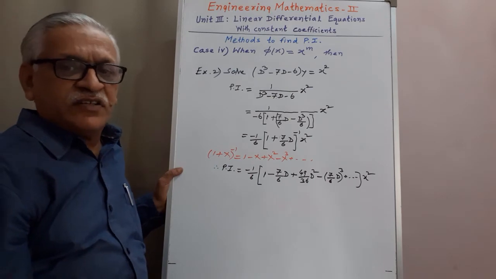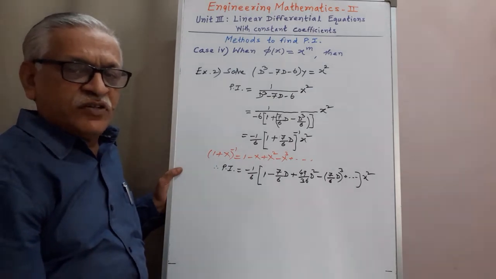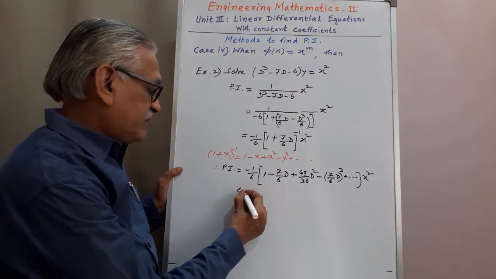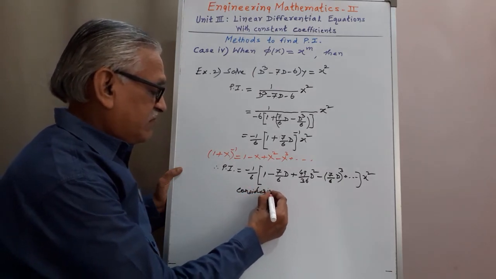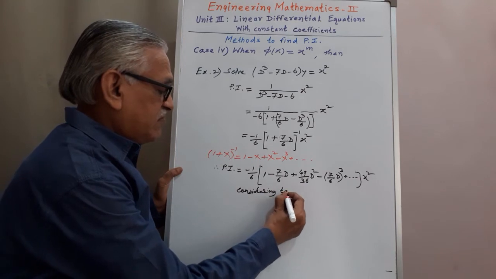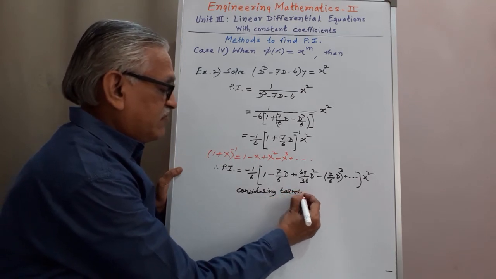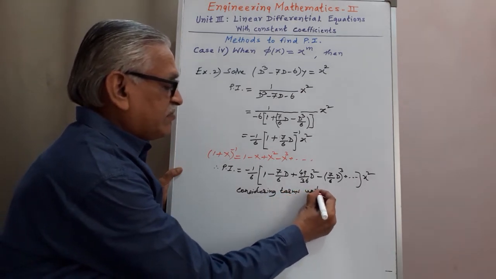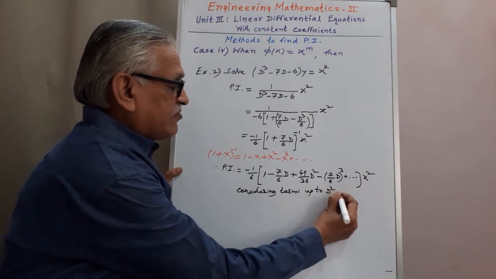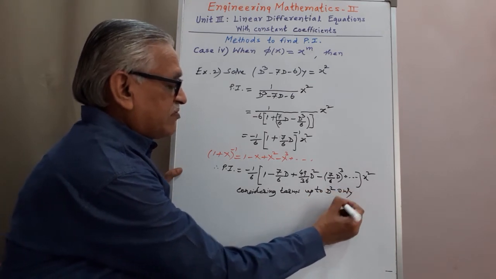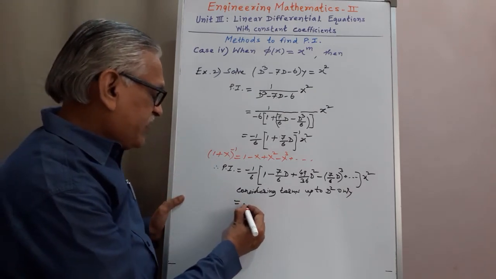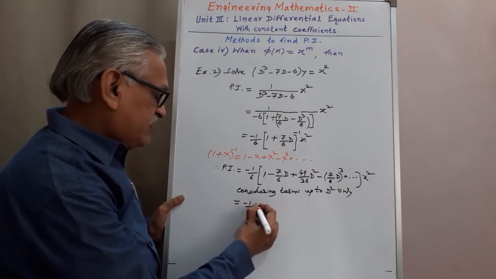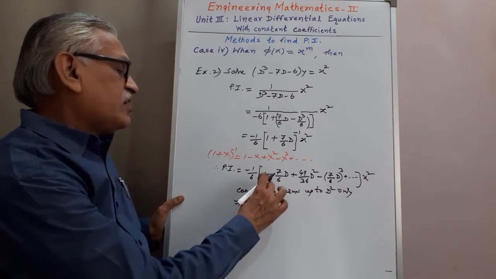And after expansion, we consider terms up to D square only. Means neglecting D cube and higher order terms, and therefore we get it is minus 1 by 6 times of